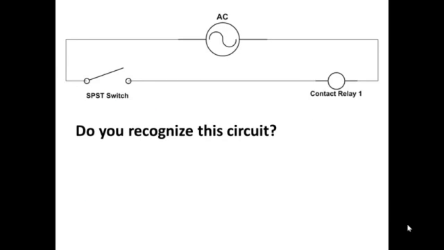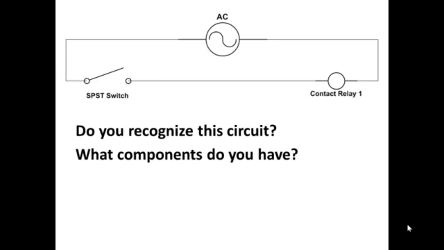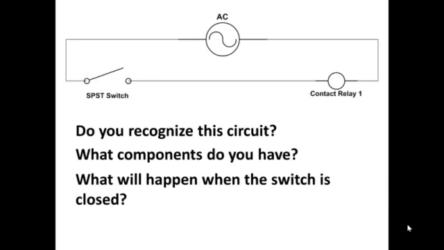Do you recognize this circuit? You should. You were just looking at it. What components do we have? We have a single pole, single throw switch, an alternating current supply, and a contact relay coil. Just the coil. What will happen when the switch is closed? When the switch is closed, the alternating current voltage source will alternate in one polarity, then the other 60 times a second. Whenever the switch is closed, it will